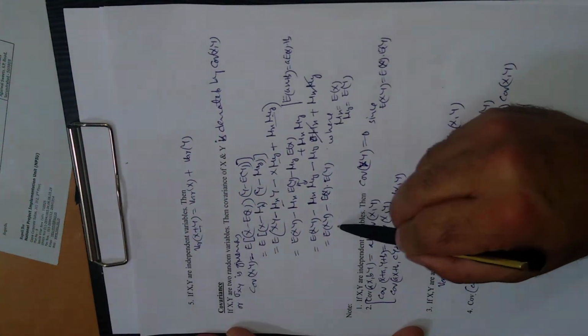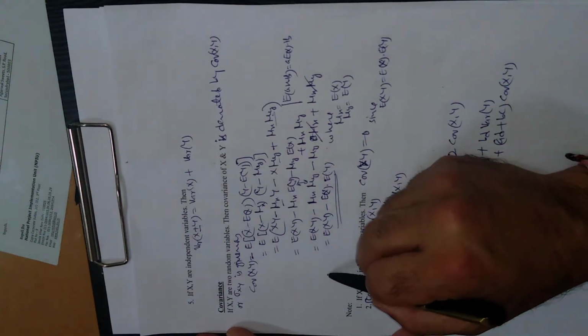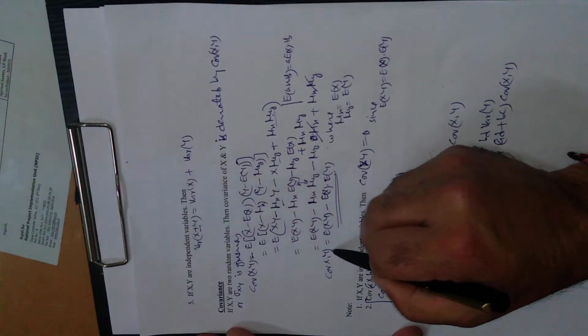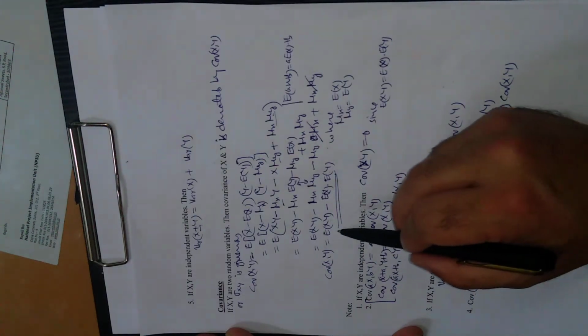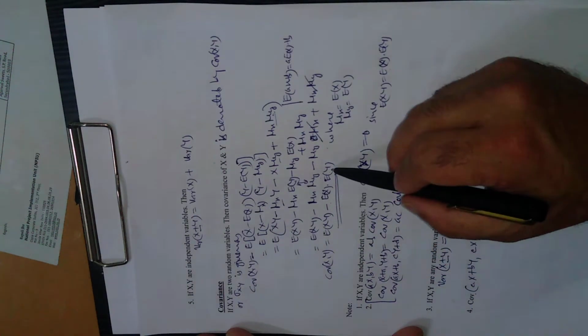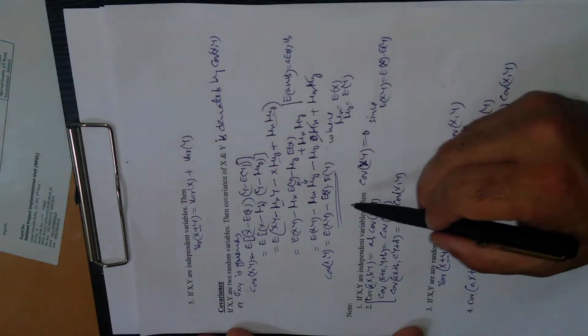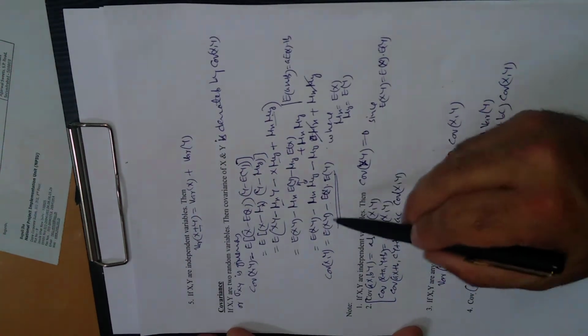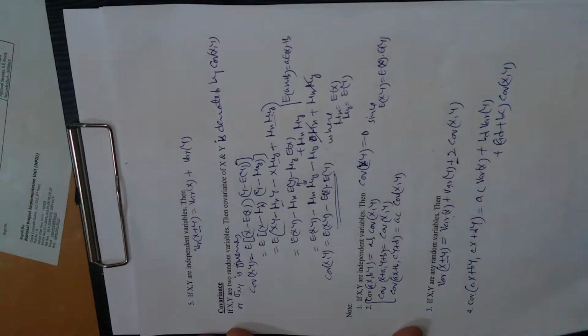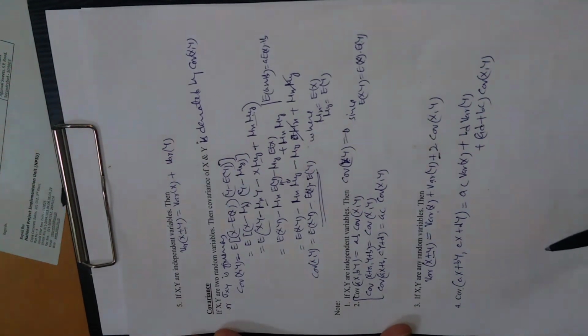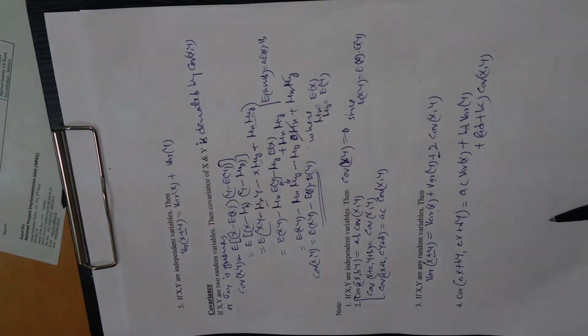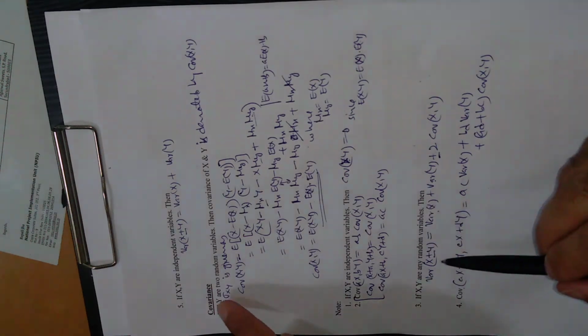So covariance of x and y is always equal to E of xy minus E of x into E of y, and this covariance will be 0 when x and y are independent, because in that case these two are equal. If these two are equal, this difference will be 0, so covariance is 0. So this is all about mean, variance, standard deviation and covariance.